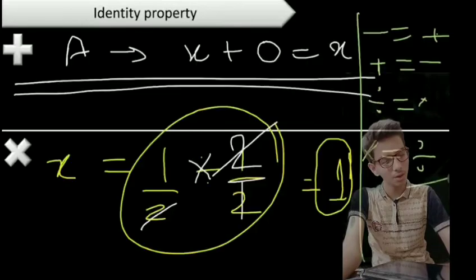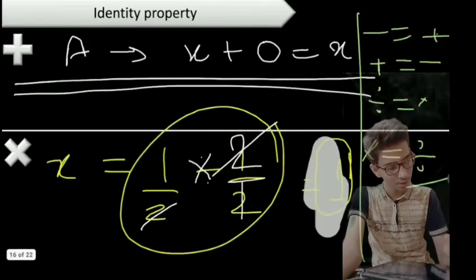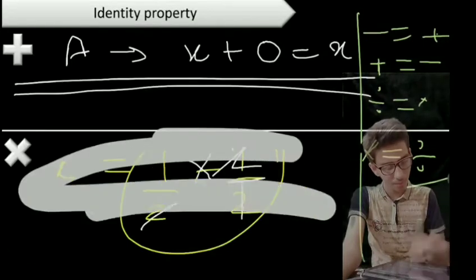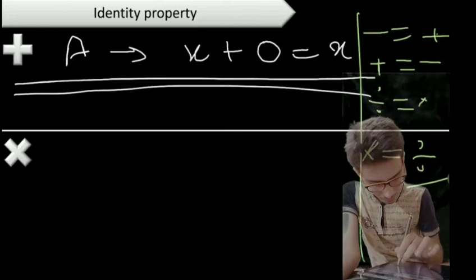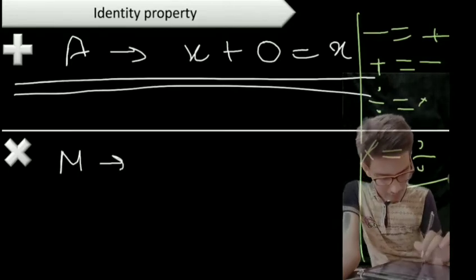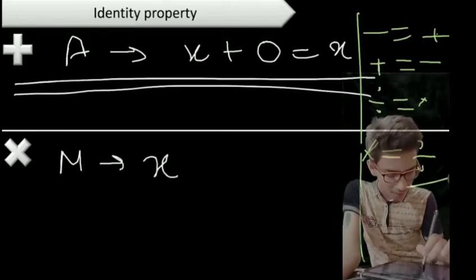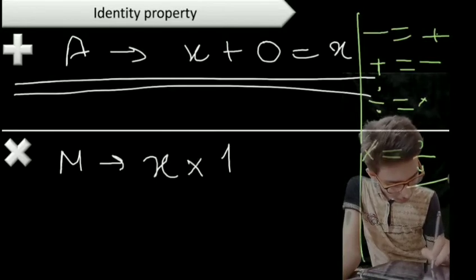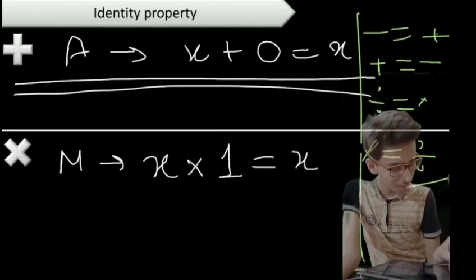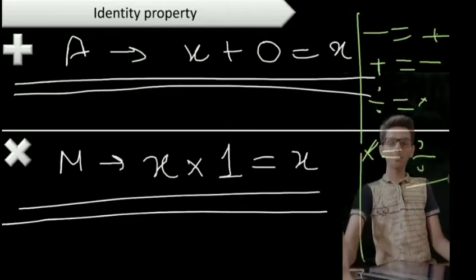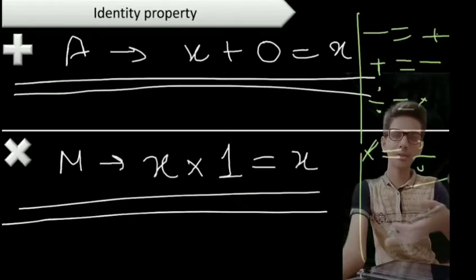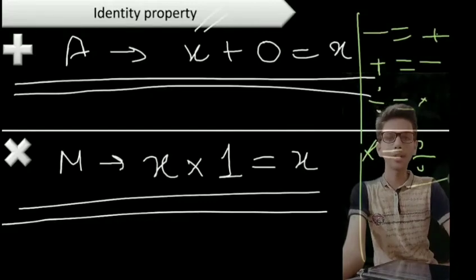So what I wish to say is that multiplicative identity says that if you multiply any number with 1, you are going to get the same number. These all things you know from your childhood only, but it is just revision, giving it the name of identity.